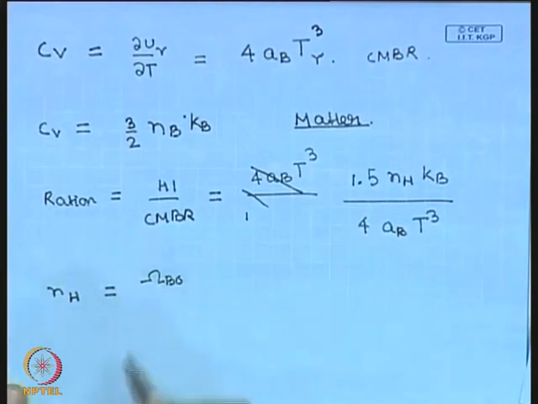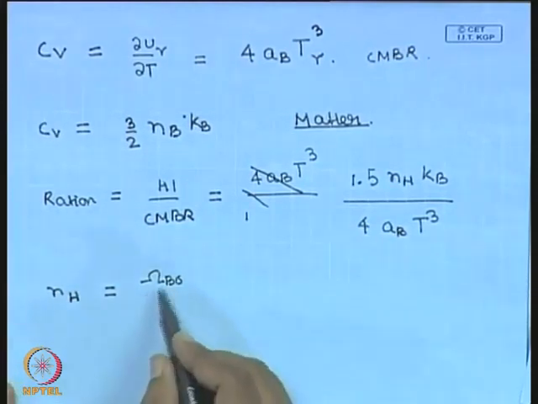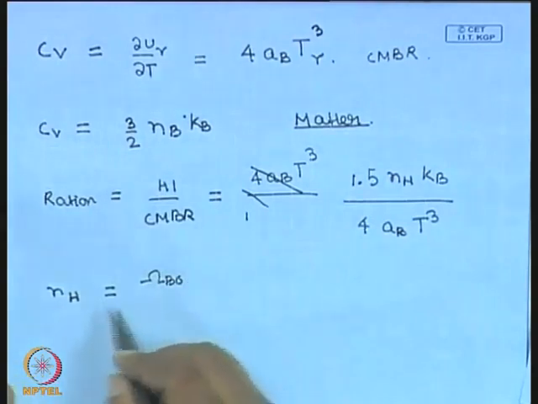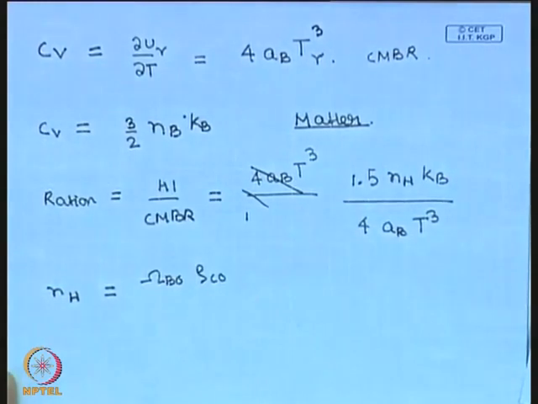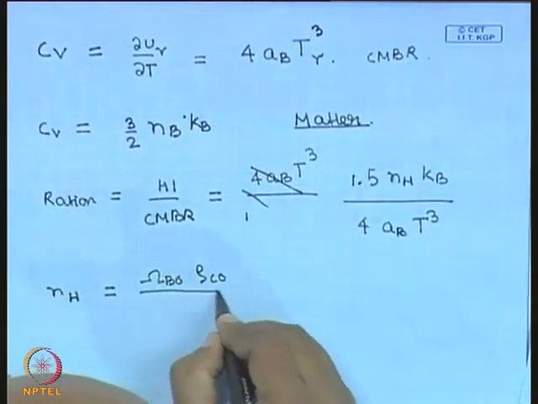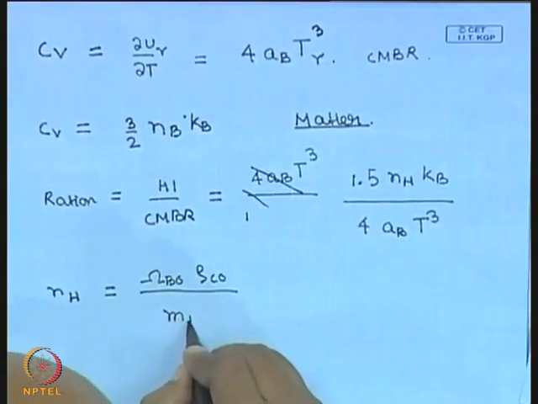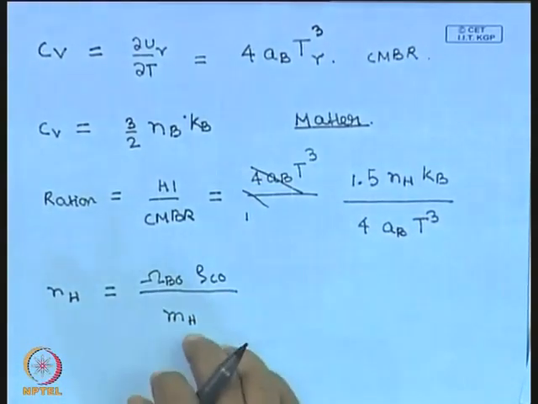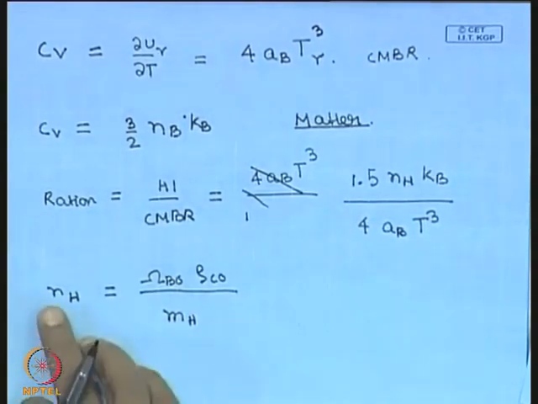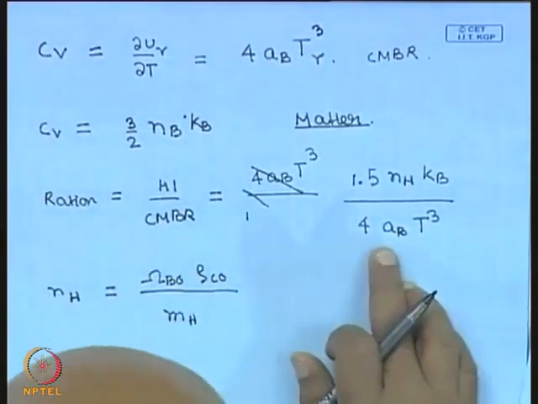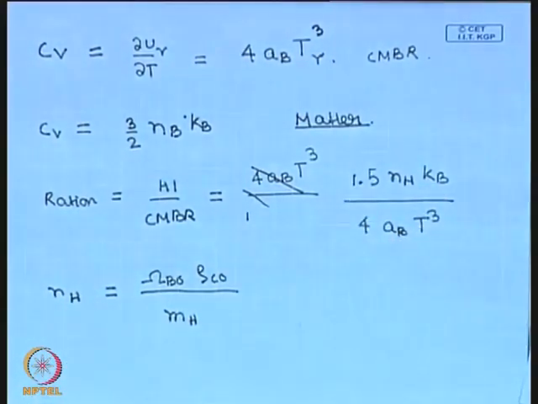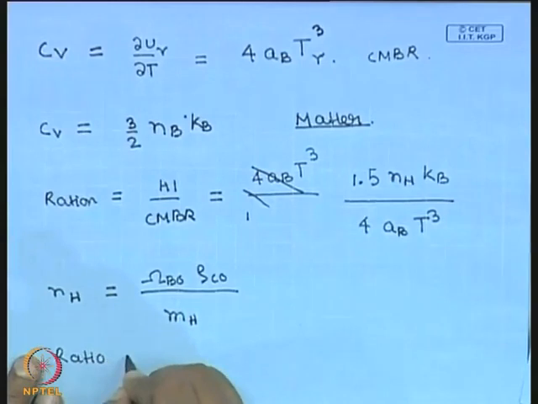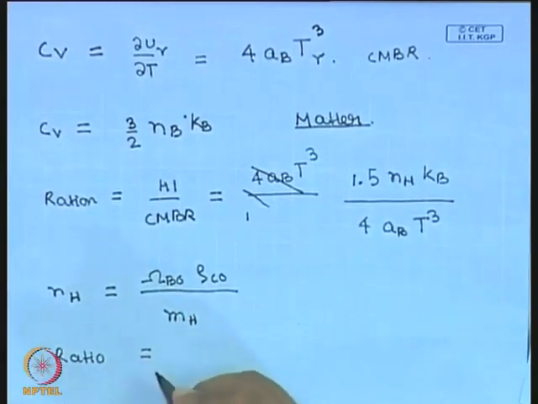So, the heat capacity of the hydrogen, of the matter that interacts with radiation, will be omega baryon into rho critical naught, the present value of the critical density, divided by the mass of a hydrogen atom, which is known, the mass of a proton. Okay, this is how you can calculate the number density of hydrogen. This is the Boltzmann constant whose value is known, and you put in these values here, and then the ratio